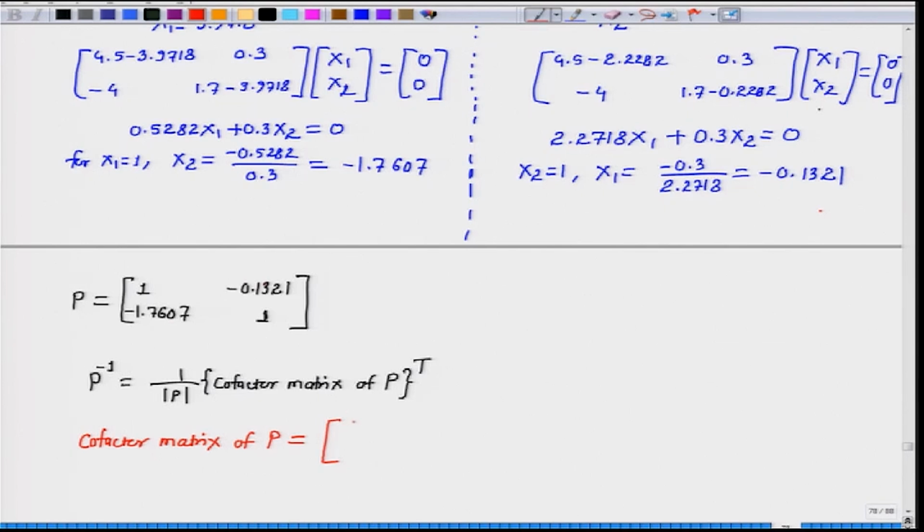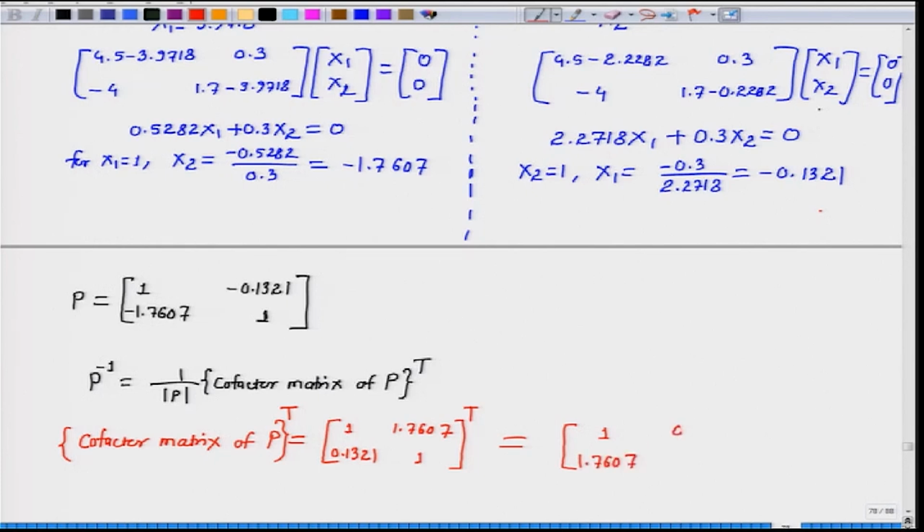Here the diagonal elements are same, so they will remain same, and this becomes 1.7607, this becomes 0.1321 and 1, and we take its transpose. So, the cofactor matrix of P, and we have to take its transpose, which means we arrange rows as columns or columns as rows. So, this comes out to be